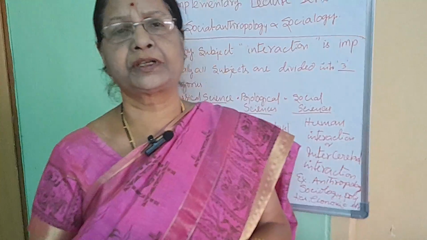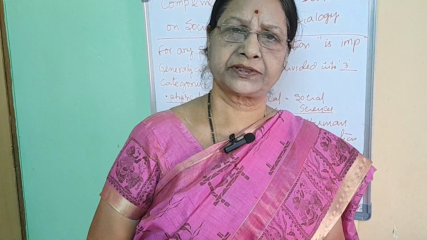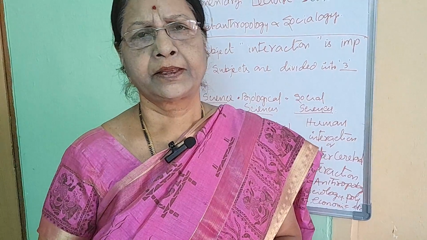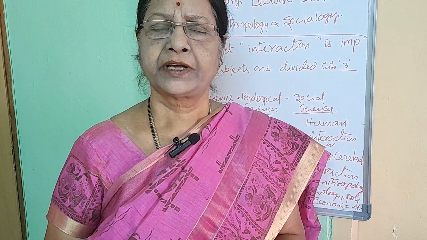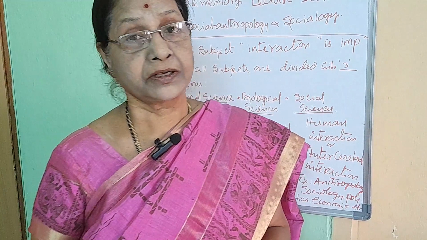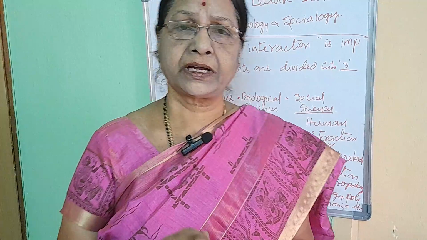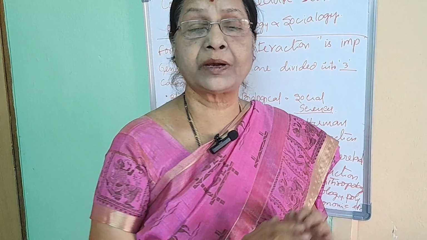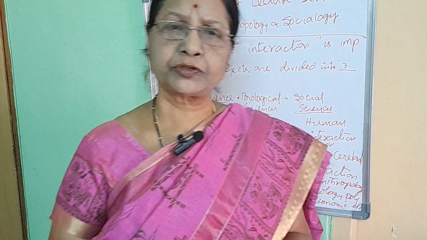Now we will switch over to the social sciences. What are social sciences? They cover a number of sub areas: anthropology, sociology, economics, political science, administration, geography and psychology too. Even though psychology and anthropology have some similarities and are slightly close to the biological sciences, later we will discuss. So now we will switch over to